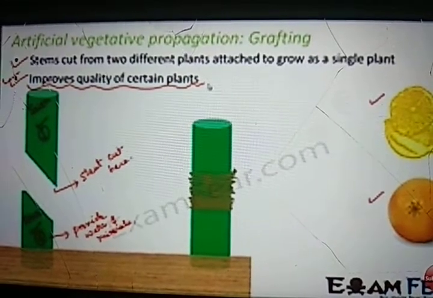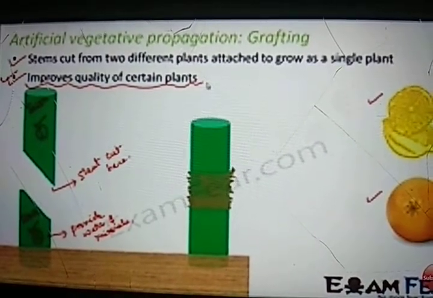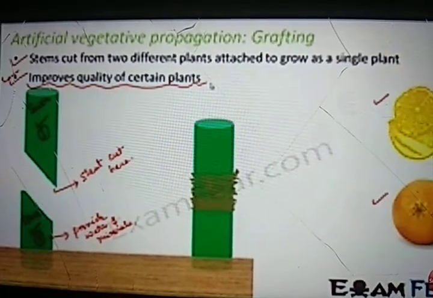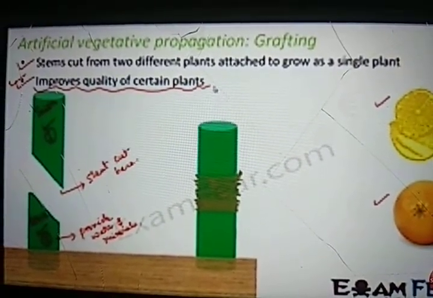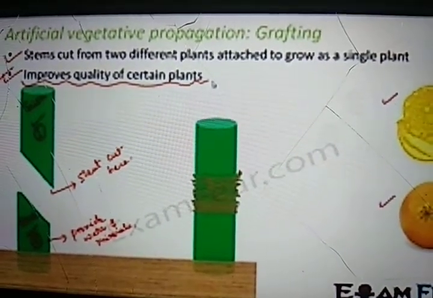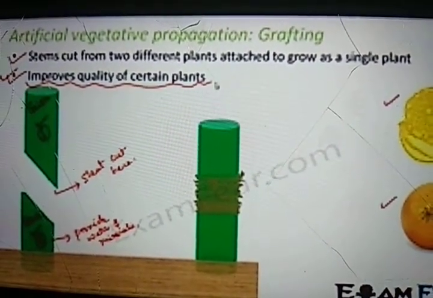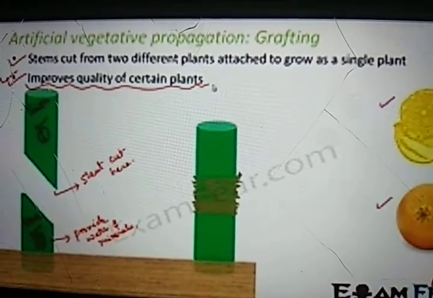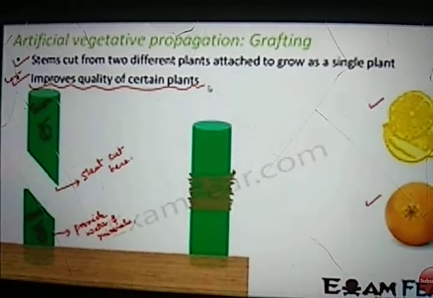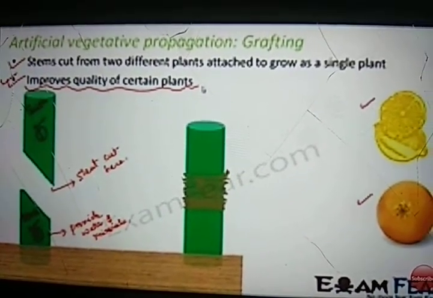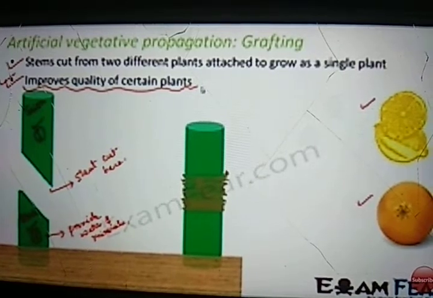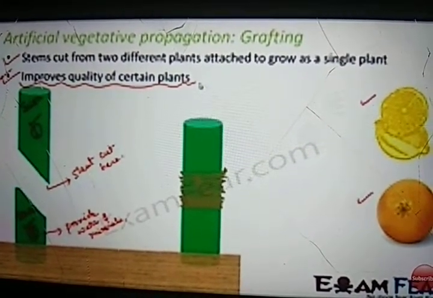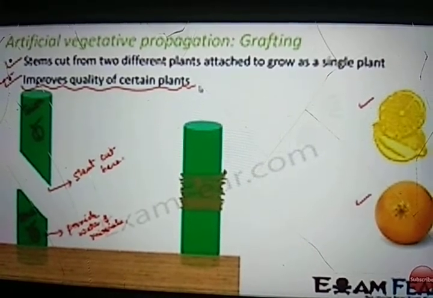So these are the methods by which vegetative propagation can be done artificially. By now we have discussed a lot of methods by which asexual reproduction takes place. If you look at it, in all these methods, what did we see? We do not require two parents. Everywhere we require only one parent. One parent plant is able to give rise to a new plant in all the artificial as well as natural vegetative propagation. Okay. There was just one parent involved.